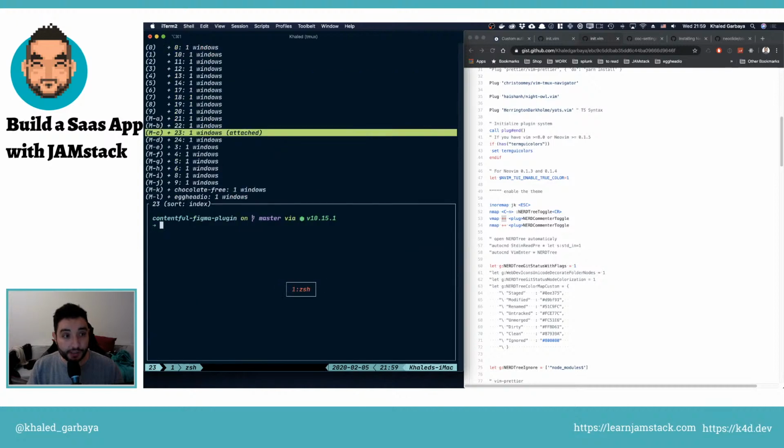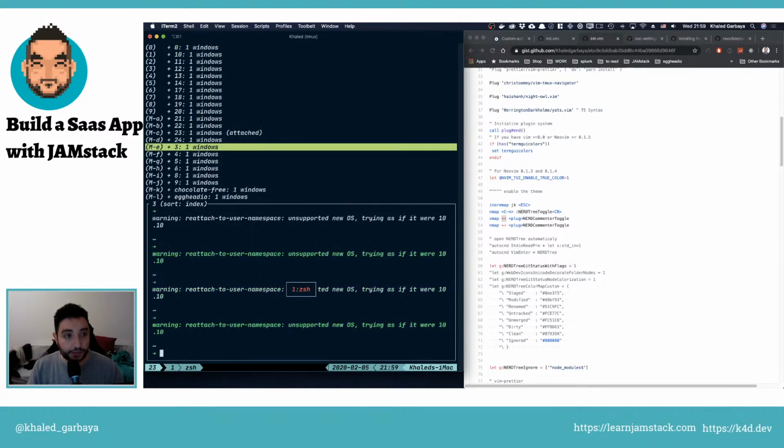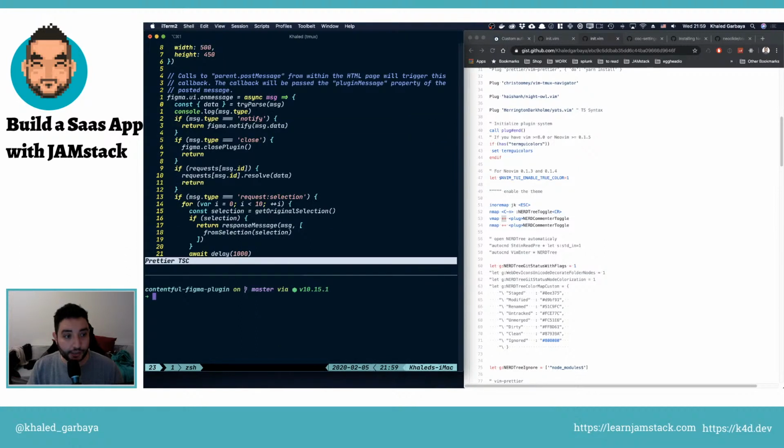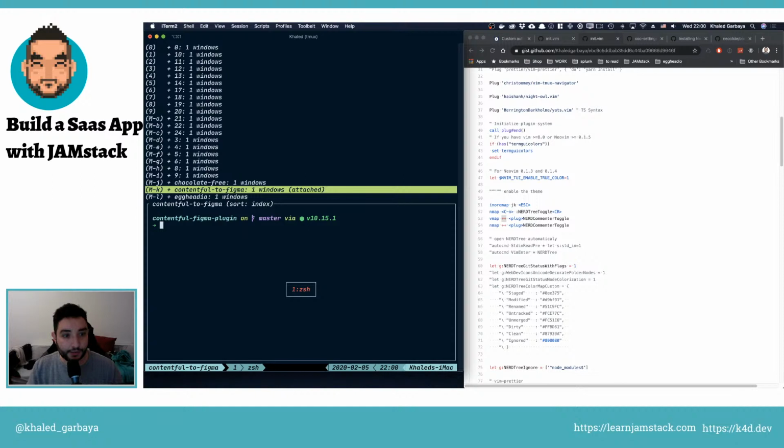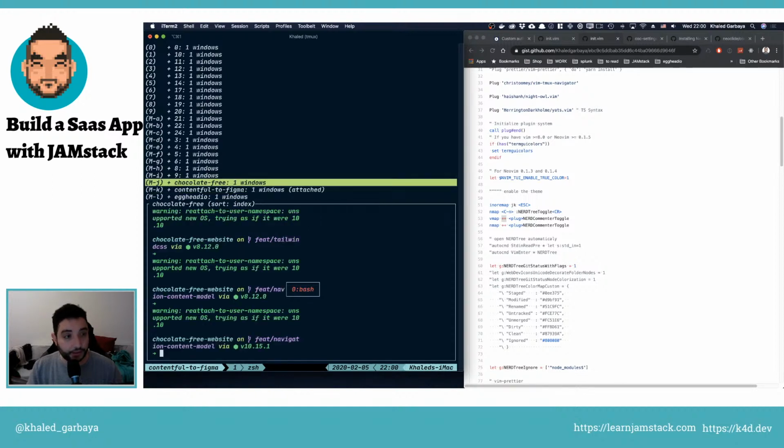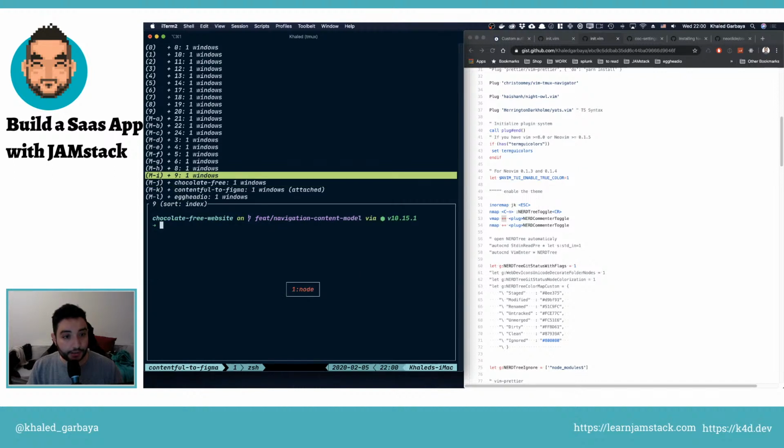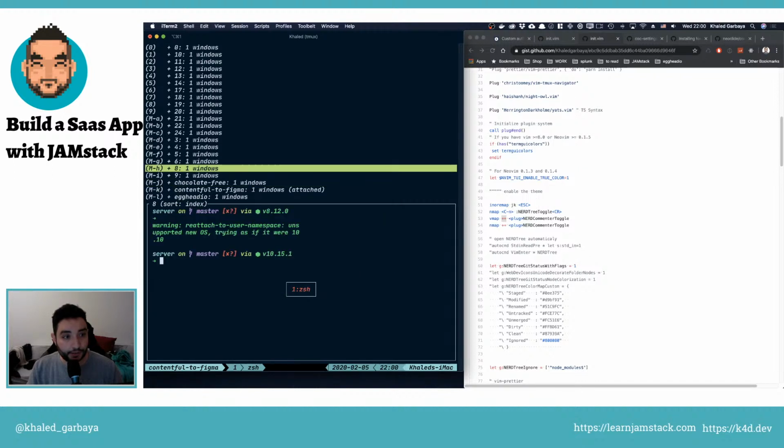And I also have different sessions. Like right here, I can have different sessions. I can do Control A and then the dollar sign and then name this to Contentful, to Figma. And then when I do Control A S, you can see I have it named here. And then if I want to go to a different window, like this one or this one,